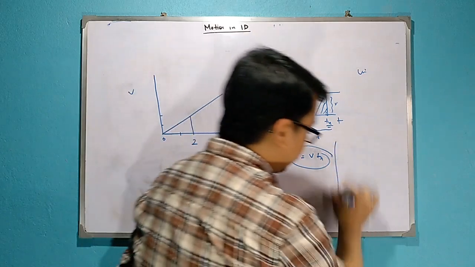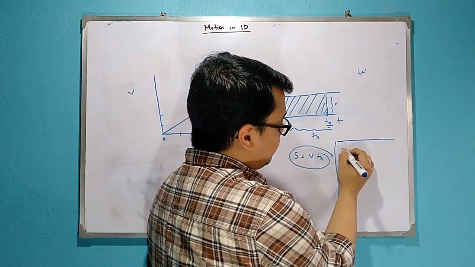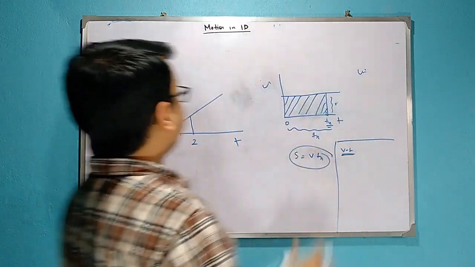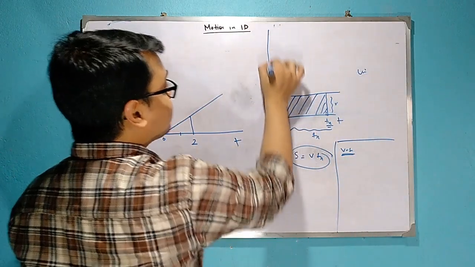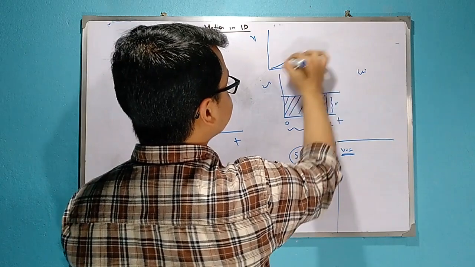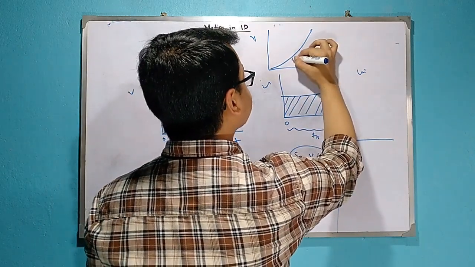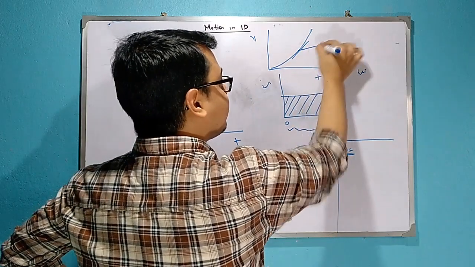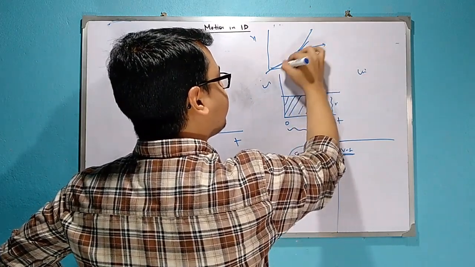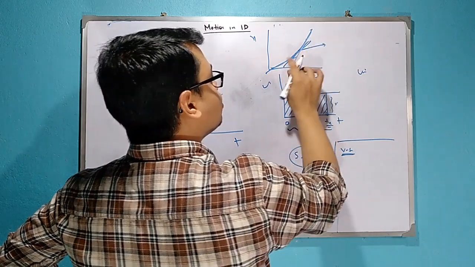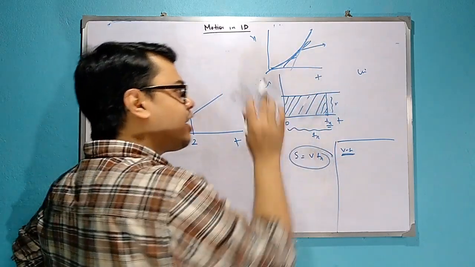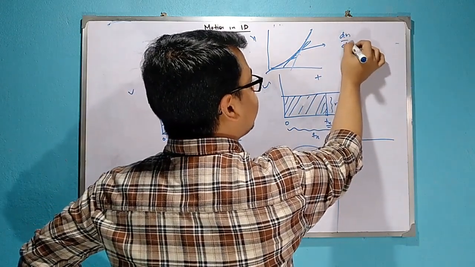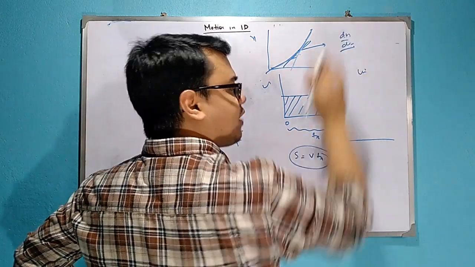So note down, if a vt graph is given. In the last topics I have discussed that suppose this is an xt graph, then at any point the tangent, that is the differentiation of the graph, at this point this is the tangent, at this point this is the tangent. So the tangent is the instantaneous velocity, and this is nothing but dx by dt. That means for a small t, the change of x.